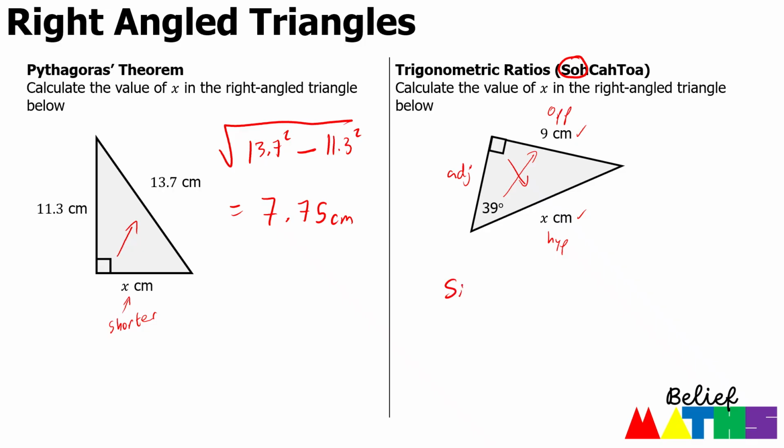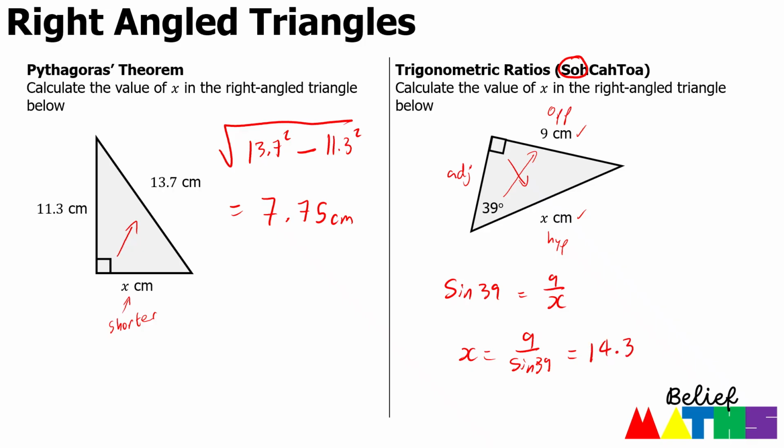So sine of 39 is equal to the opposite over the hypotenuse, 9 over x. Now because x is on the bottom, this tends to be the one that causes the most confusion. But because x is on the bottom, you can simply swap the x with the sine 39, and you get x equals 9 divided by sine 39, and then we put that into our calculator, 9 divided by sine of 39, and we get